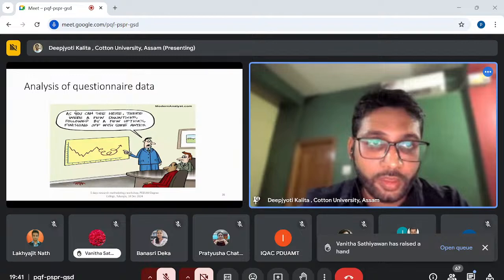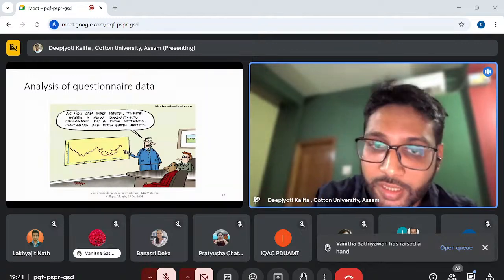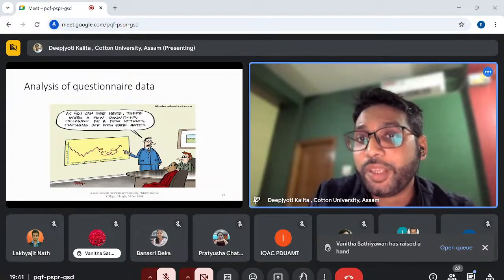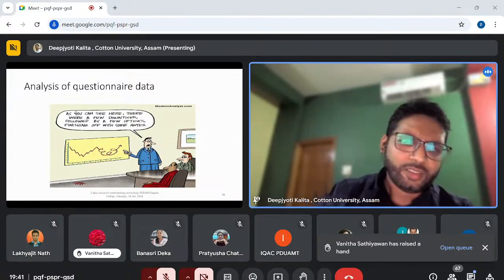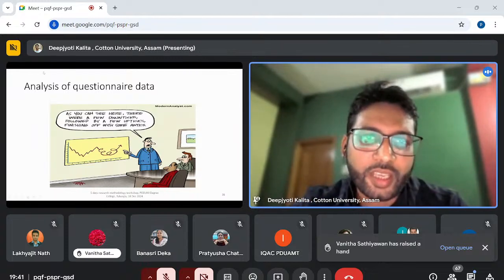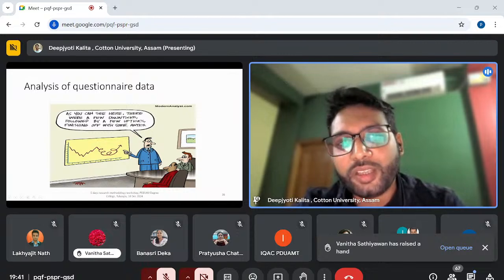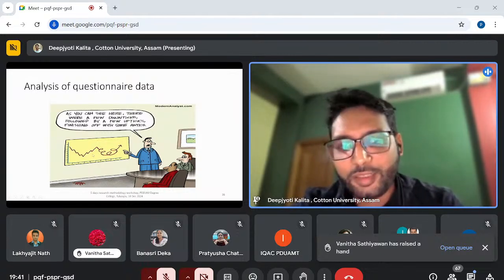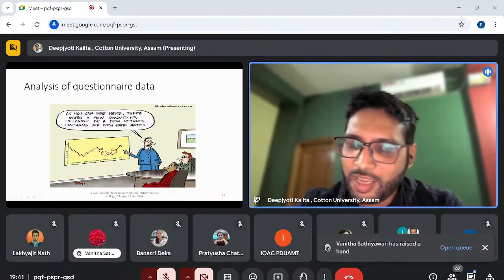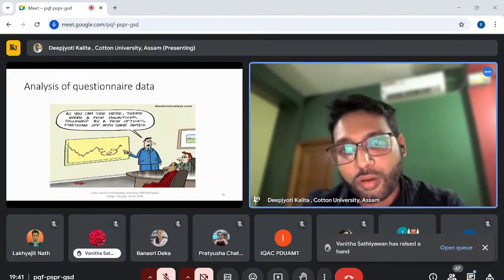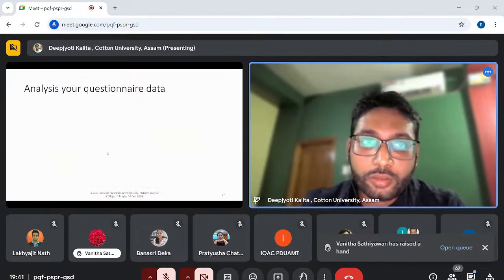Now, the analysis of the question part. Again, we have already discussed various ways of analysis, but here we will understand, based on the variable, how we should be analyzing. As you can see here, there were a few downticks followed by a few upticks, finishing up with some upticks. This is what we see in any kind of research study. But this is not what analysis is about. You should be doing analysis based on your objectives only.